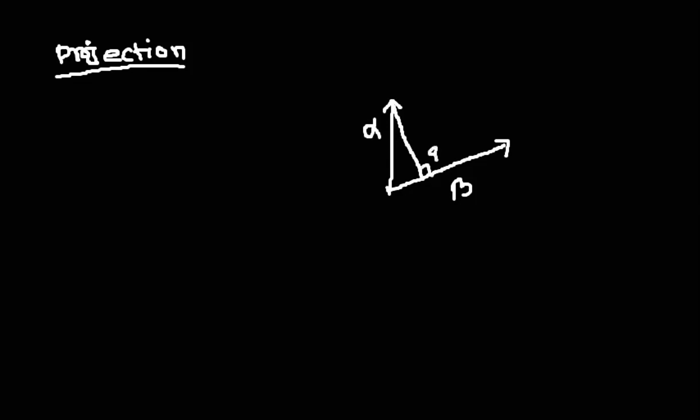so this is going to be a 90-degree angle, then the length of this part will be the projection. If we find the length over here, this length will be the length of the projection vector. Which one is going to be the projection vector? This part is going to be called the projection of alpha upon the vector beta. So how can we find the projection vector? In other words, how can we find the projection of alpha upon the vector beta?